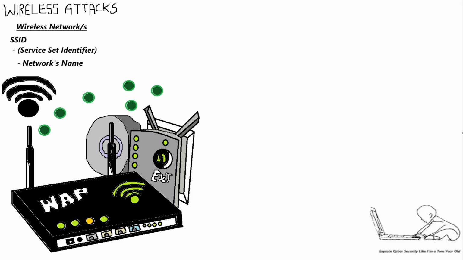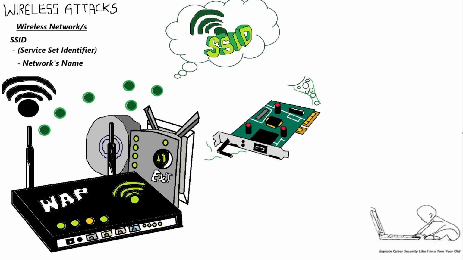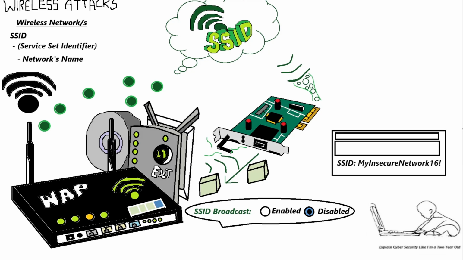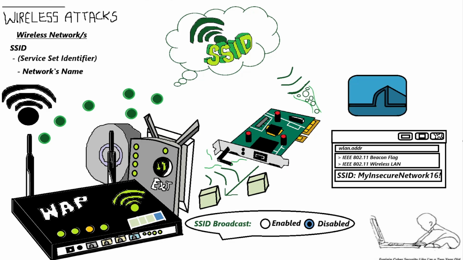So can we turn beacon frames off? Well, yes and no. You see, in more advanced modes of the wireless access point settings, you can actually disable SSID, aka wireless network names, from being broadcast into the airwaves. However, the SSID is still present inside frames traveling from already connected wireless clients